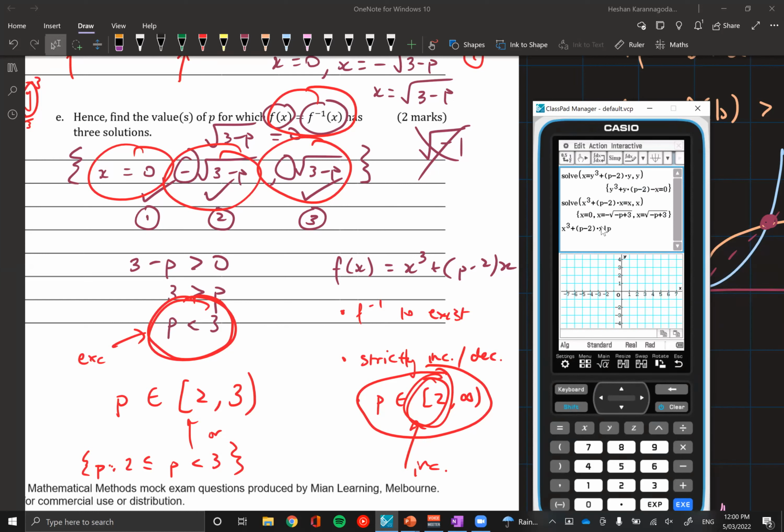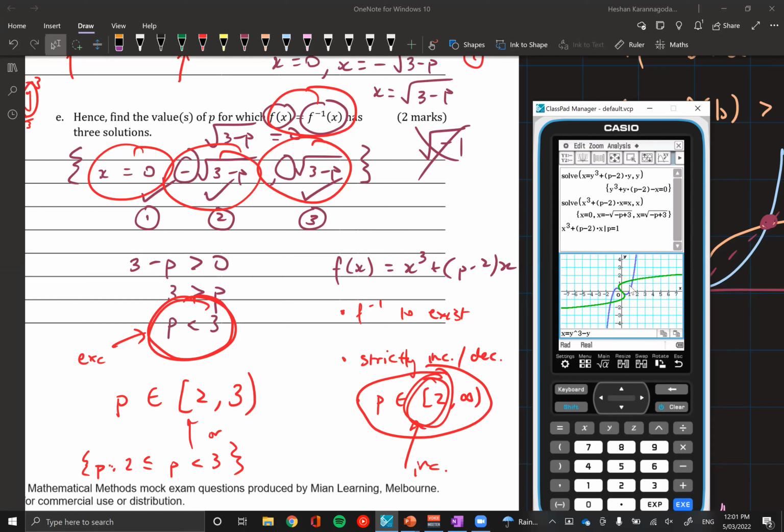So I'll say p is equal to 1, and I'll graph this. And then there's actually a quick way to sketch the inverse function, just invert it. So you can see an inverse graph sketch, but I won't use the word function because obviously it's not a function. We've got the 3 intersections. We've got one there, one there, one there, but our inverse curve is not actually a function. So that's why we still get 3 solutions, but the inverse function doesn't exist because it's not a function. So we can't actually include that. Does that make more sense?